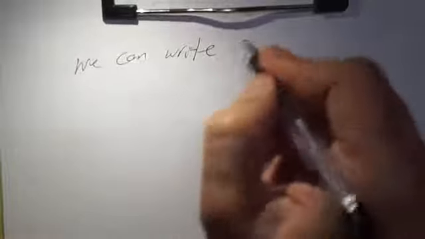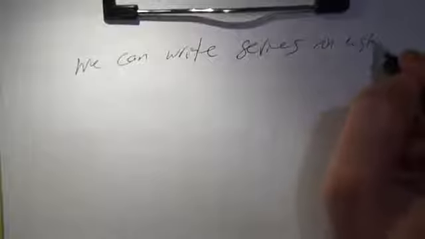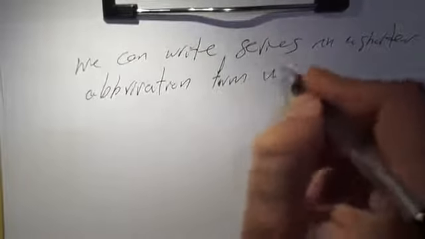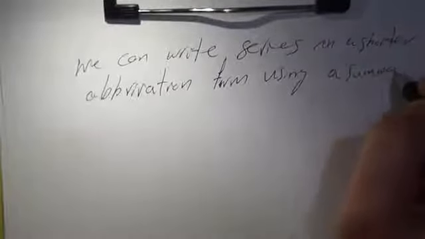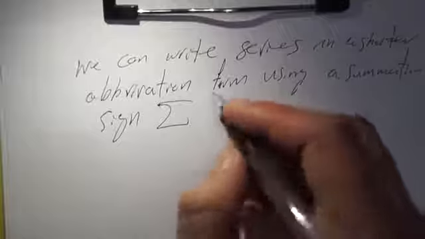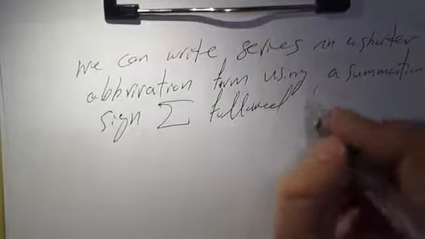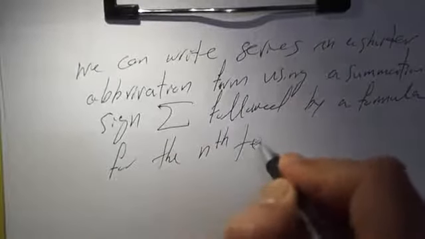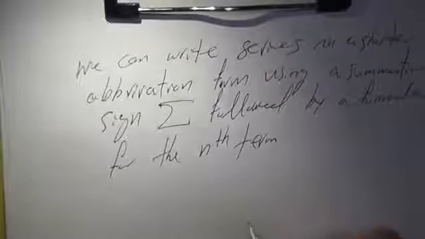We can also write a series in a shorter abbreviation. يمكن كتابة السيريز بطريقة أكثر اختصارا. We can write a series in a shorter abbreviation form using a summation sign followed by a formula for the nth term. ممكن أن نكتب السيريز